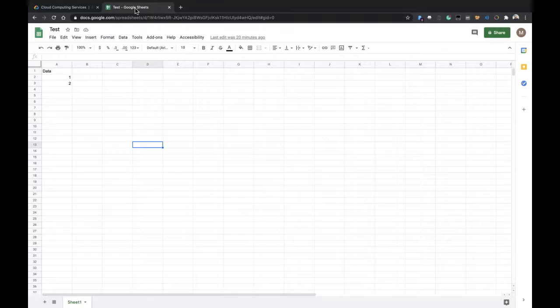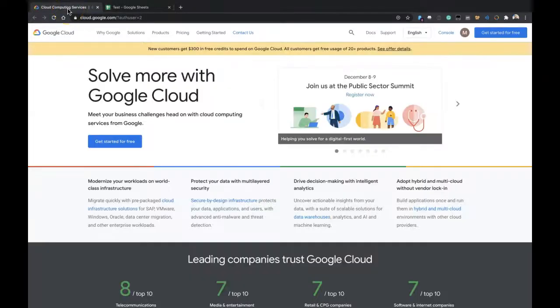So the first thing you're going to want to do is have a Google Sheet with some data on it. You'll notice that I have this sheet with some pretty simple information. And what I'm going to do is create an API key by going to cloud.google.com. Here you'll see that there's a button when you're logged in that says get started for free. If you go through that, it's going to ask you to set up an account and add a credit card.